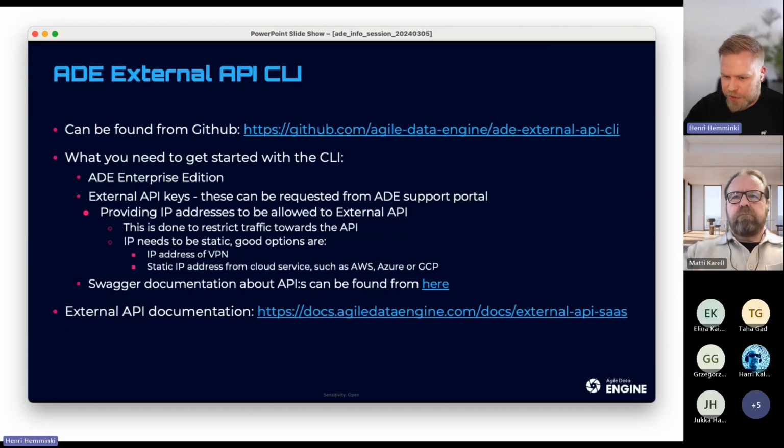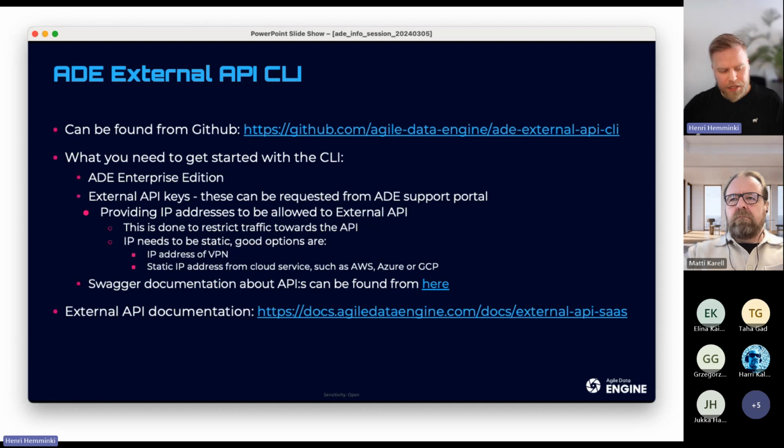So from the introduction slide, straight to the business. In this session, I'll be using the external API CLI, and that can be found from the ADE GitHub. There's the link in the slides. I think maybe Elina will share the slides after this session. There's just a short recap of what you need to get started with the CLI.